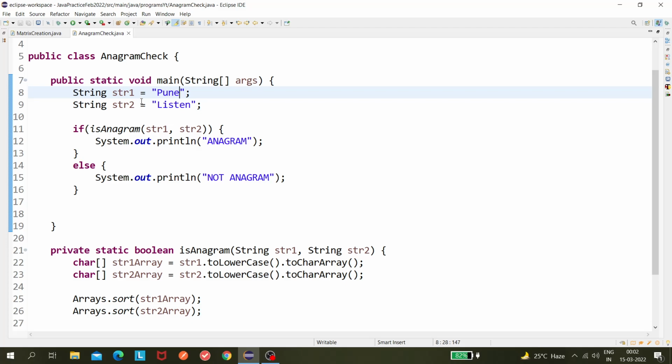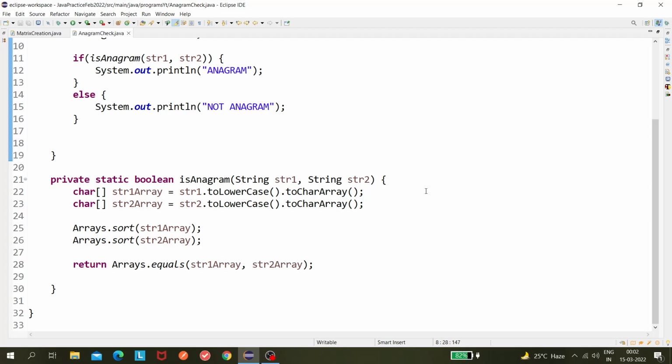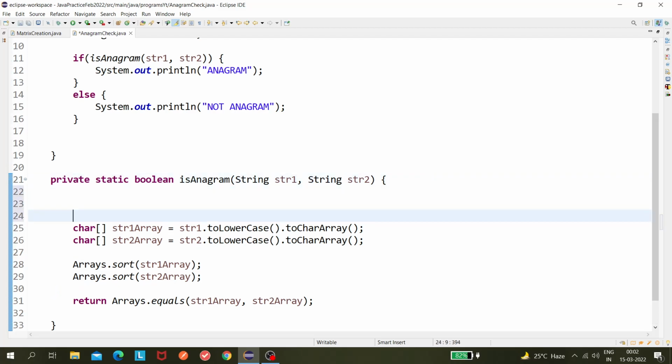So first it should check whether these two strings have the same number of characters or not. If those two strings don't have the same length, then it should not be an anagram, right? So first we should have a check